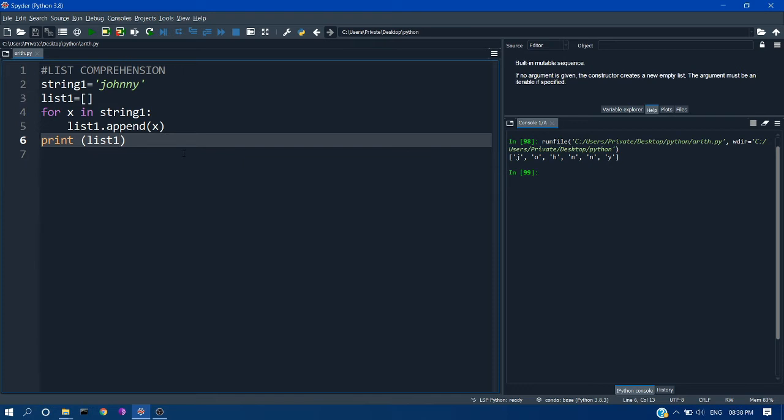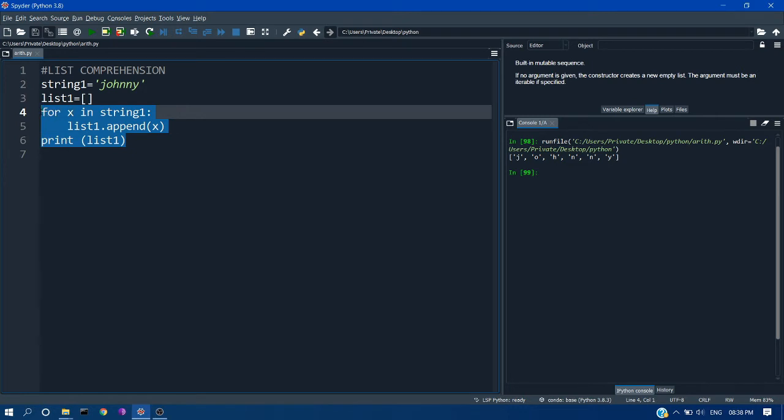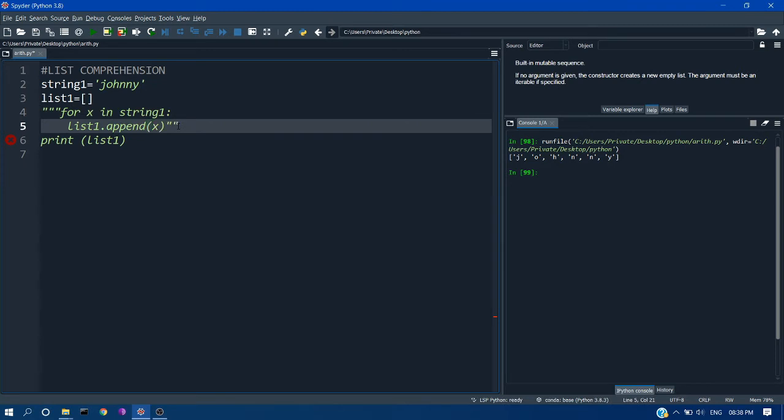This method of creating a list is okay for beginners, but we're going to see other more effective methods for creating a list. We are going to learn about list comprehension, which is more effective. By efficient, I mean we are going to reduce the programming space, but in terms of computation, it's going to be the same as the previous method. You can't reduce computation time using this method. So it's completely up to you which method you use. You can use either one. It's not a big deal. But in this video, I will show you how to do the same thing in a single line. If you find it confusing, you can still go back to your previous method.